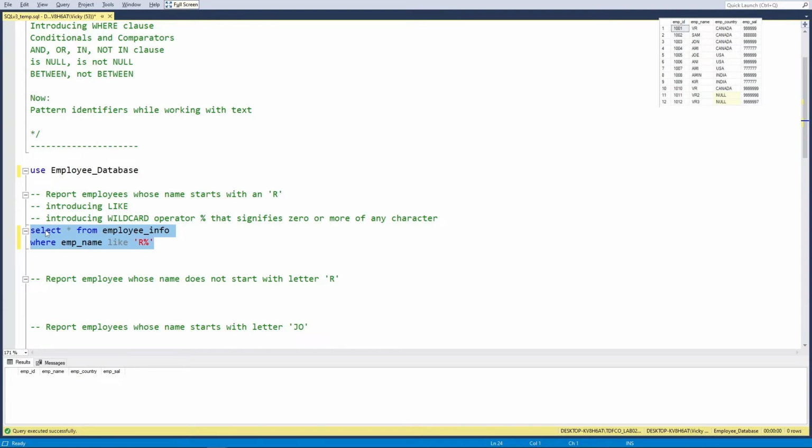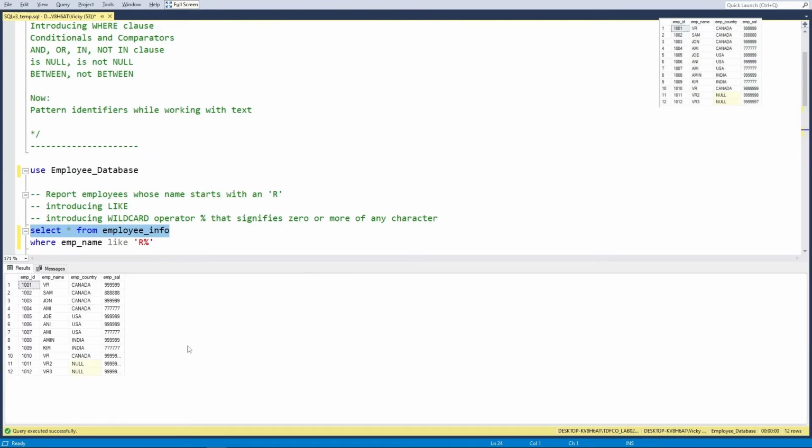Great. So we do not have anything that starts with an R. Now why is that? Let us query the table. Okay. Within the results, nothing starts with an